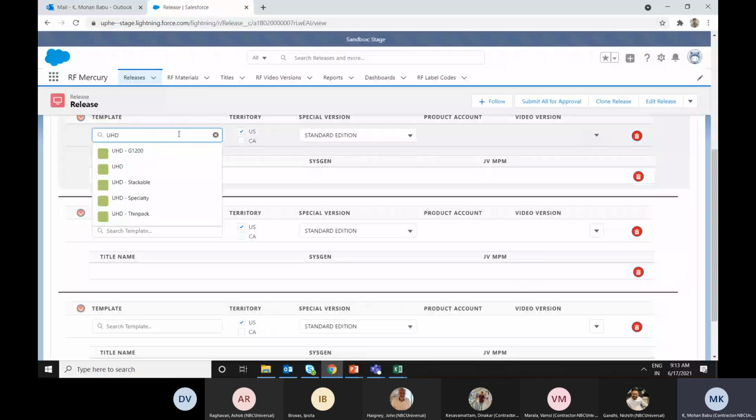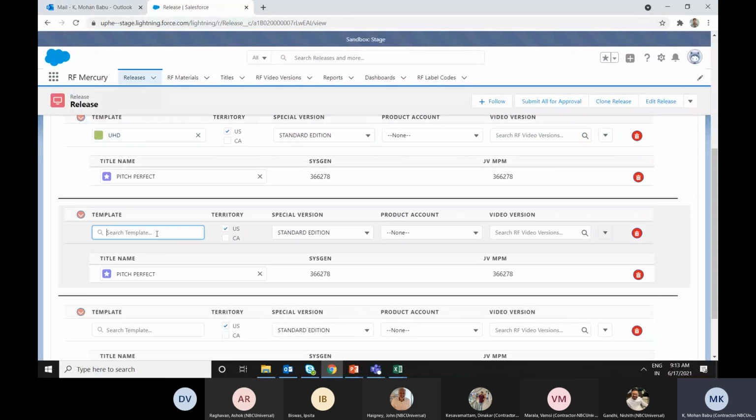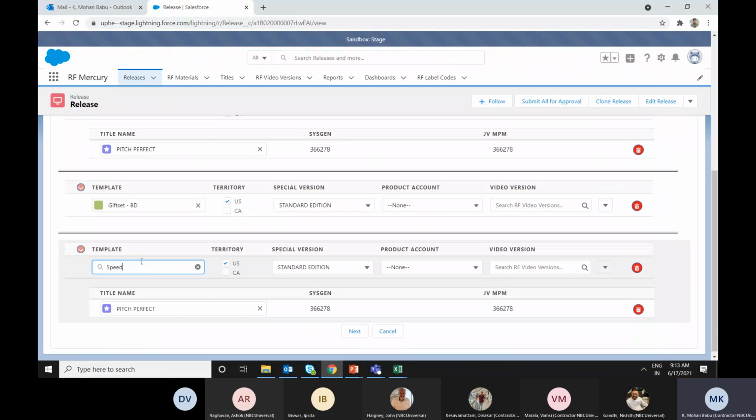First, I'll create the UHD. UHD is a material that belongs to the single pack type. Second, we'll try to create a gift set. This is a gift set material. Third, we'll try to create a multi-pack material. Speed table has the pack type as multi-pack, so this belongs to multi-pack materials.